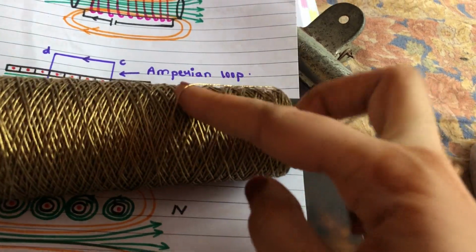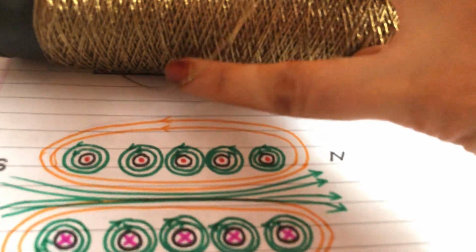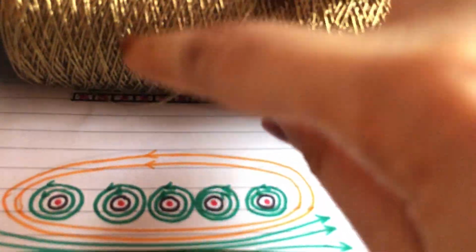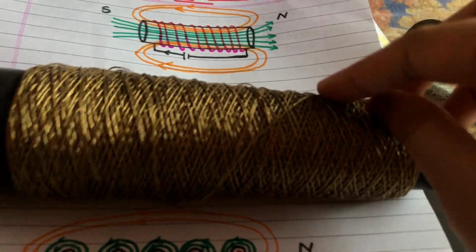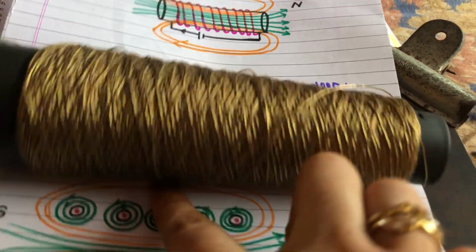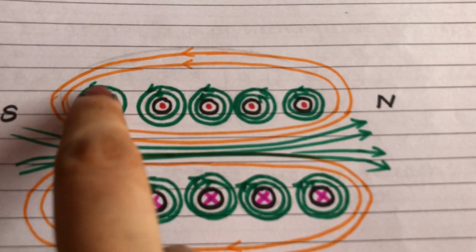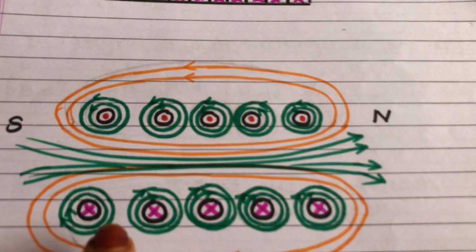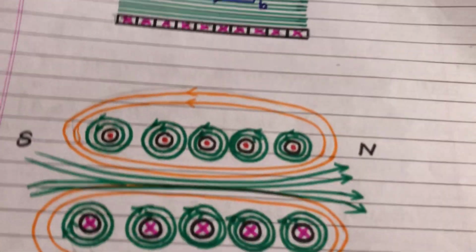See, at this end the wire is coming out, and at the lower end the wire is going inside. At this end the wire is coming outside, which is shown with a dot, and at this end the wire is going inside, which is shown by a cross. So you understood now what this dot is? It means the wire is coming from here, it is going, then the wire is coming from here, then it is going. It is like this.